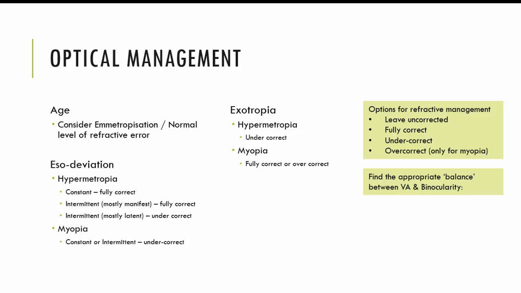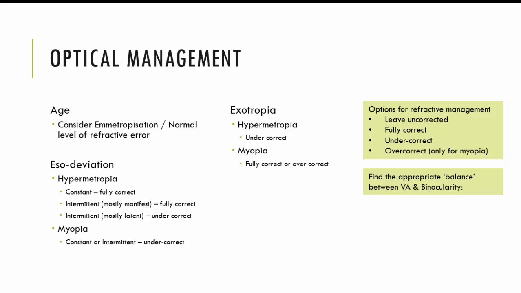Now, if we decided to fully correct an infant who we found had +2, there is the argument that when you fully correct a hypermetropic infant, you may be stopping or preventing the normal emmetropization process. It is thought that the blur that is induced from being hypermetropic and that accommodation that is driven by the blur is also a driver for emmetropization. So should you go and correct or fully correct this patient, you may be risking the possibility of that child or infant